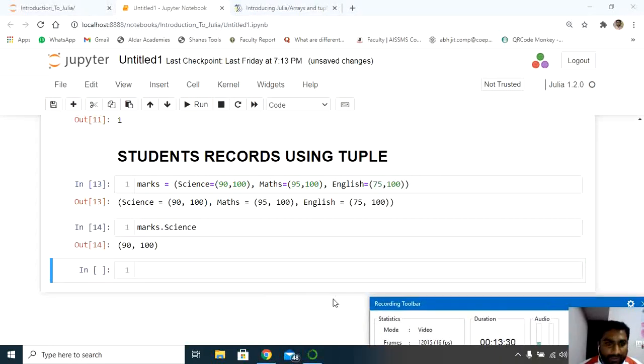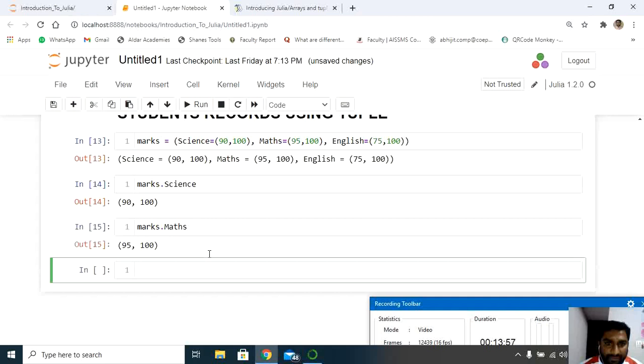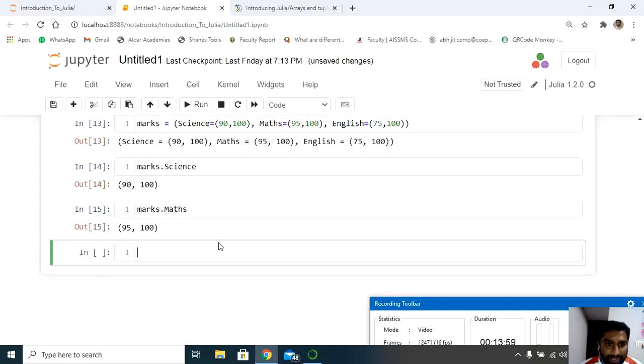Now you can see how the data are displayed using the tuple technique. In the same way, if you want to display the marks of mathematics, follow the same procedure, marks dot maths, shift and enter. It should give me the value as 95 comma 100. It has given me 95 comma 100.